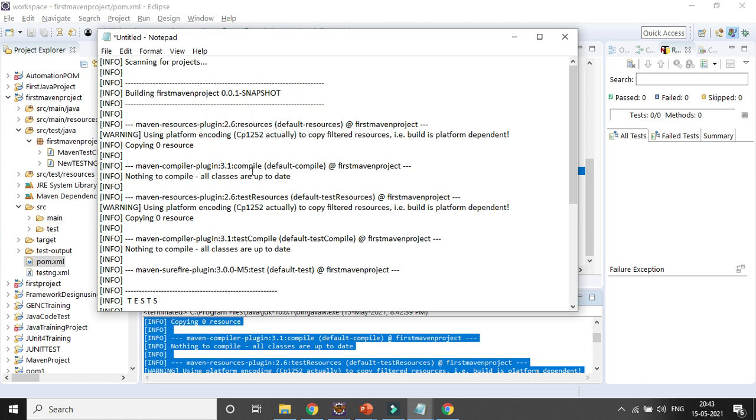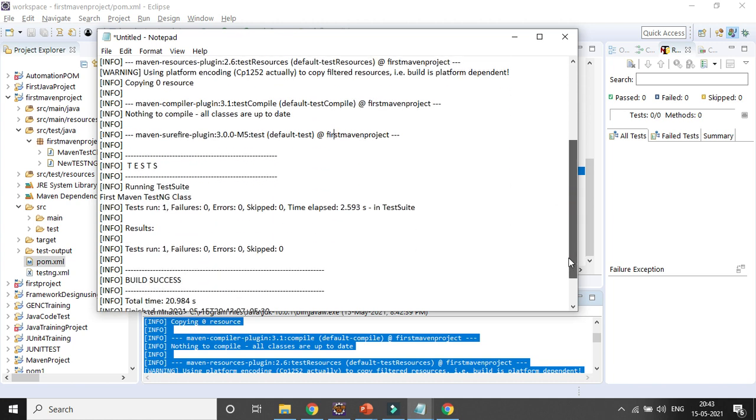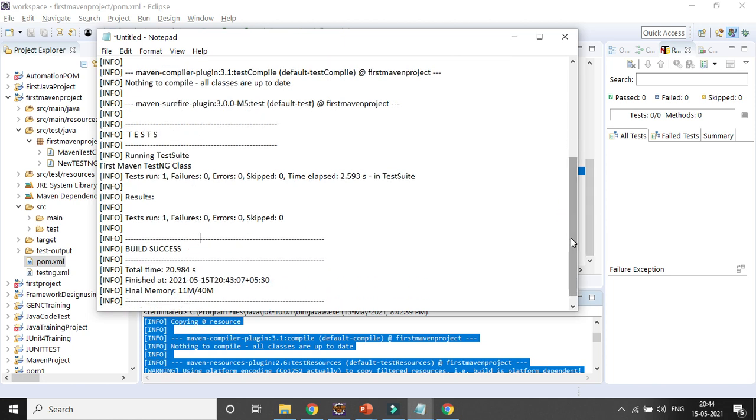It is trying to compile everything, and after that it is giving the test, right? And it is giving the output, right? First Maven testng class, total run 1, failure 0, total time elapsed 2.503, test run 1, and build success. So that's the way it is used to run it.